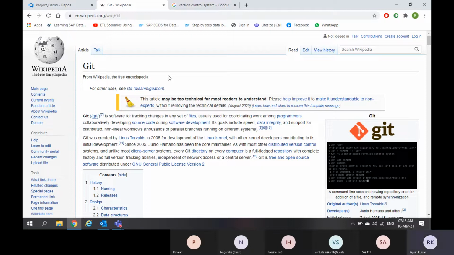So in both cases, we have a concept called a centralized repository. But the way you write, push and pull the code is different between centralized and distributed. Don't think that when you say centralized version control system you have a centralized repository, but when you say distributed version control system there is no centralized repository. No, even in distributed there is a centralized repository. The only thing is, you need not log into the centralized repository. You can start working on your local repository itself. When you are done, you can push the changes to the centralized repository.